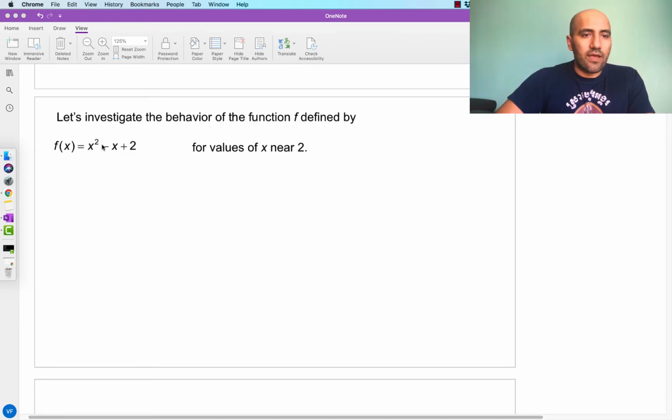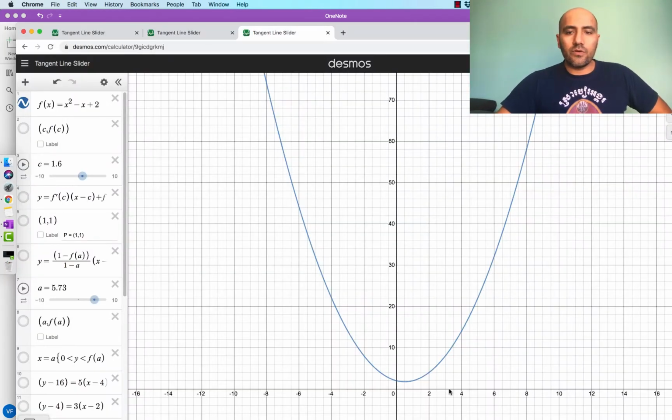Okay, so let's graph this equation. I'm going to use Desmos again. Here is the graph of x squared minus x plus 2. And we're interested in seeing what happens as x approaches 2. So as x approaches 2, we plug in a 2 in here, and so we get